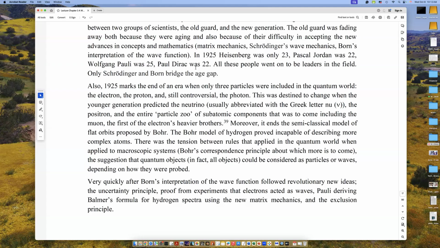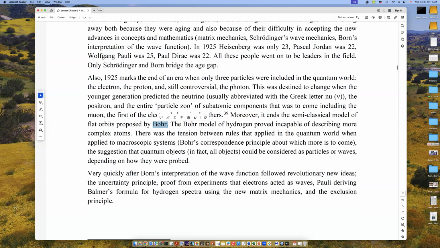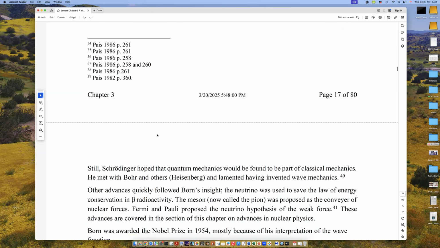Nonetheless, these young people made their mark by being very innovative and replacing the version of quantum mechanics that started with Niels Bohr's invention of a primitive description of the hydrogen atom. That came out in 1913 and it was strikingly successful. But more had to be done to bring the theory into maturity, and the young people are the ones that did that.